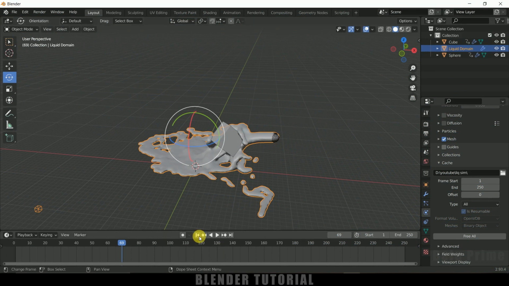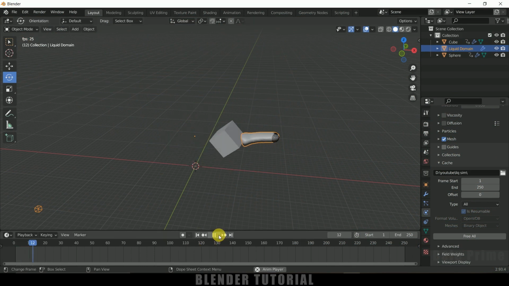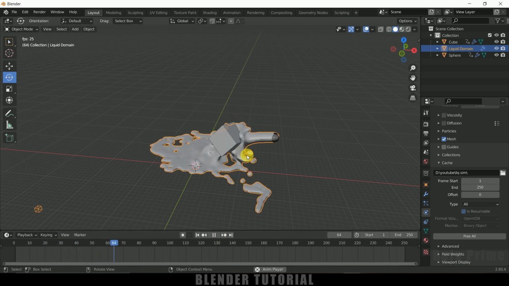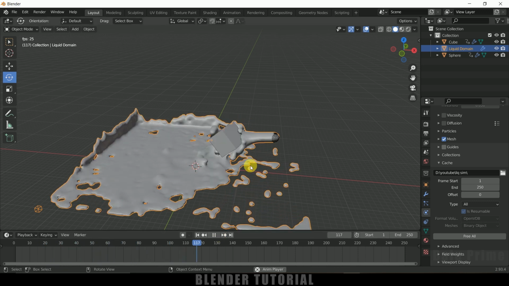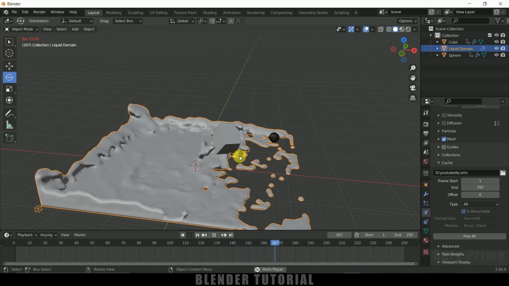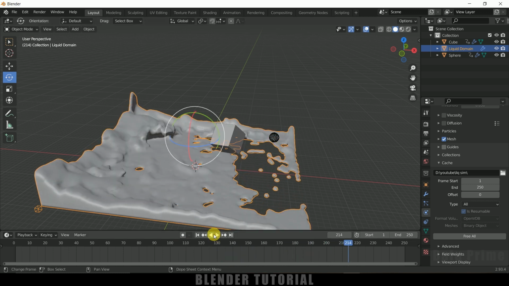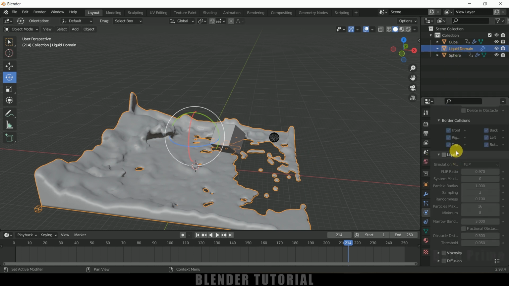So here you can see this bake is done, and now let me play this once again. So now you can see our fluid will be interacting with the cube. So this resolution is very much low here. So if you want to have better resolution of this liquid, select this domain, scroll down, and here you can